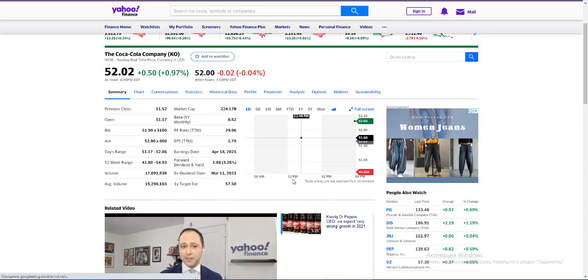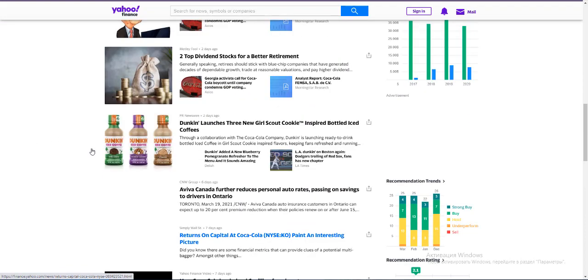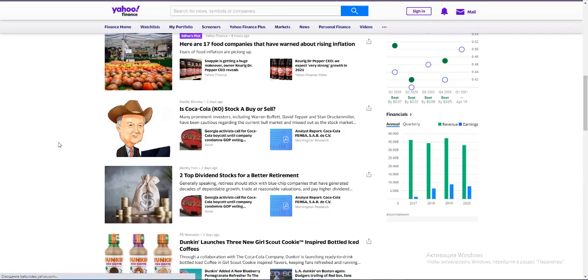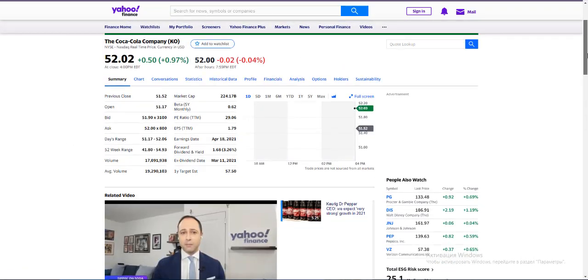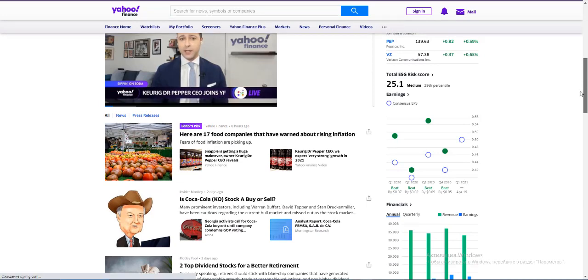And why I don't see the chart? Here is supposed to be the chart of the company. Okay. Down you can see some news concerning Coca-Cola company, and on the right side what we can see